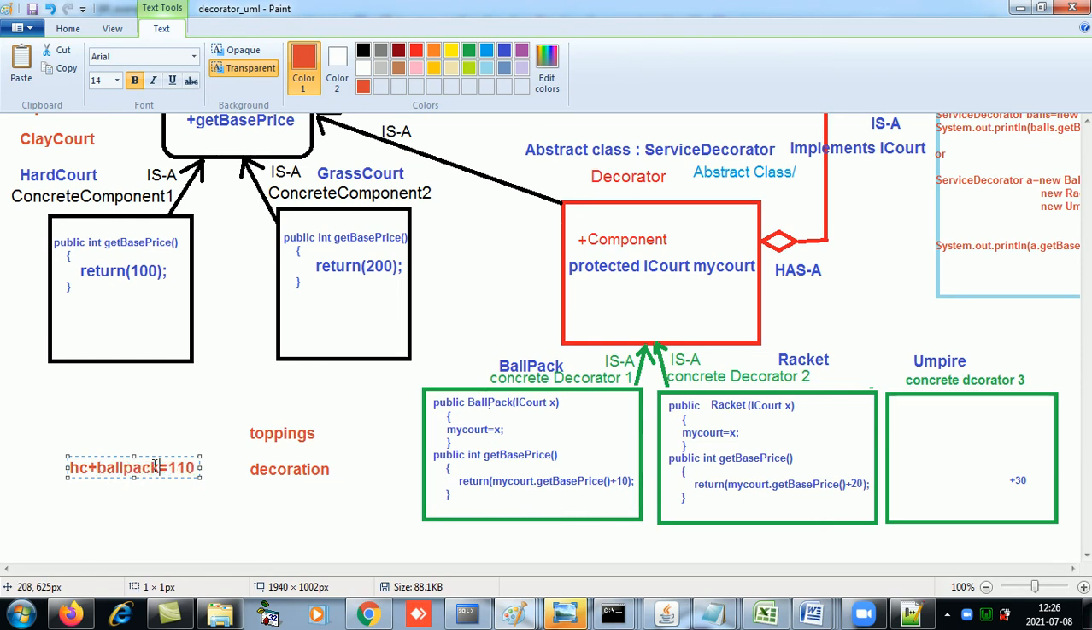Okay, if he wants hard coat plus ball pack plus racket, how much will that be? 100 plus 10 plus 20, that will be 130. And the umpire will charge 30 extra. So if he wants hard coat plus ball pack plus racket plus umpire,